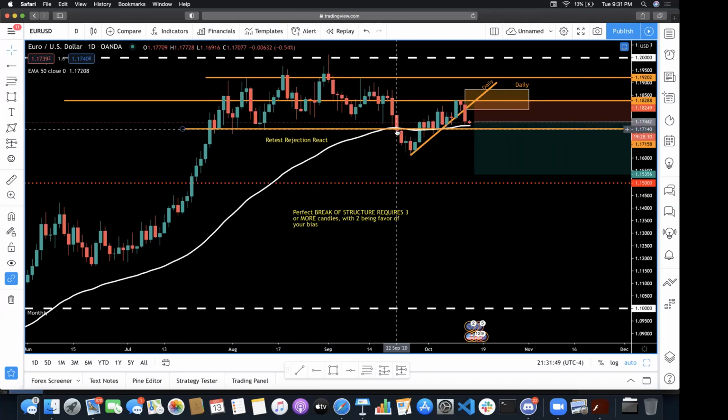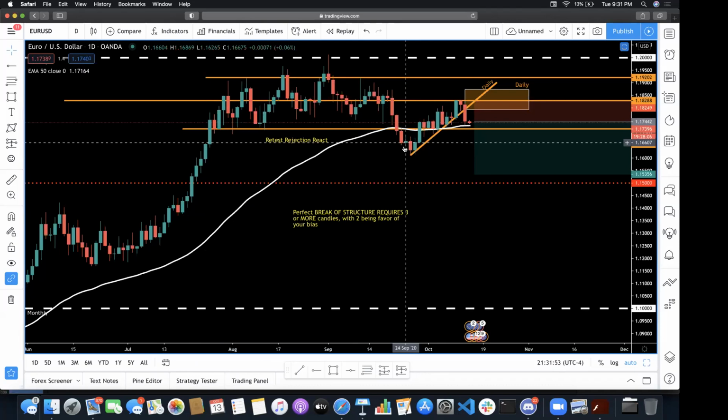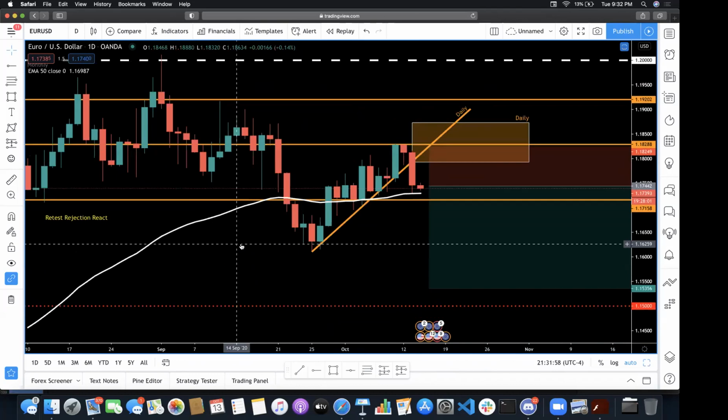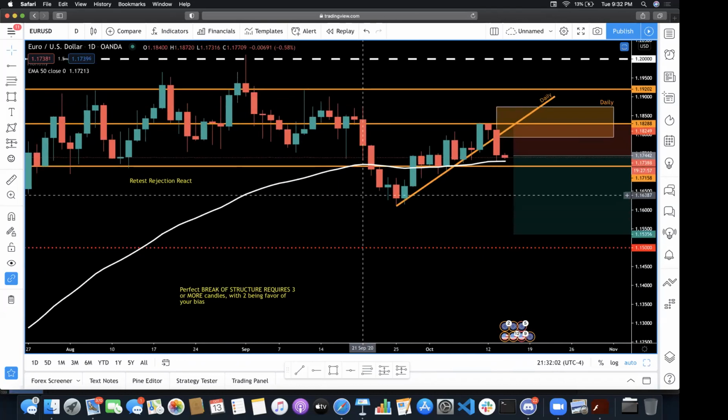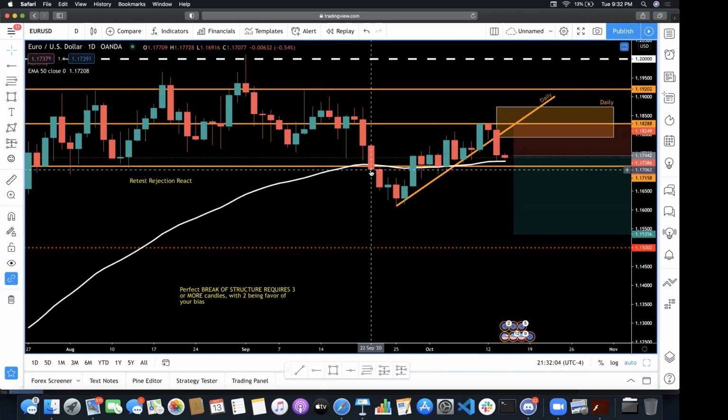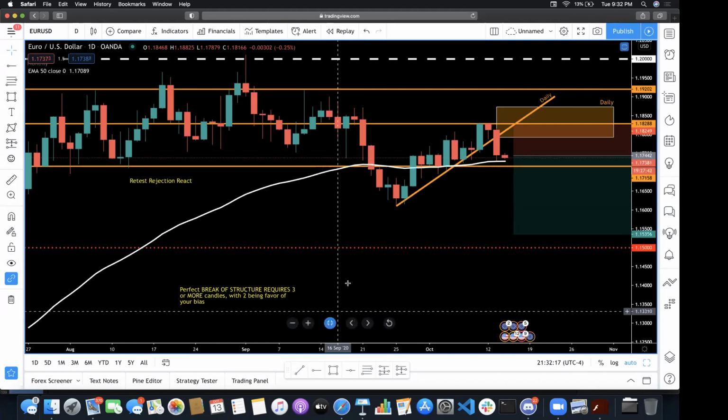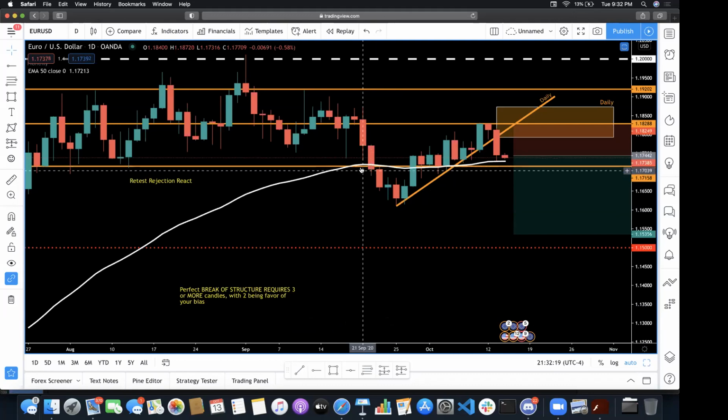This candle broke that structure. This candle closed below that structure. This is your third candle. Let me zoom in, because to understand how petty the market is, guys, you have to realize that sometimes these candles won't even look like they closed above or beneath that structure. They'll close 3 pipettes above or below. The brokers in these markets will. And so sometimes you have to zoom in to see that candle actually closed beneath that